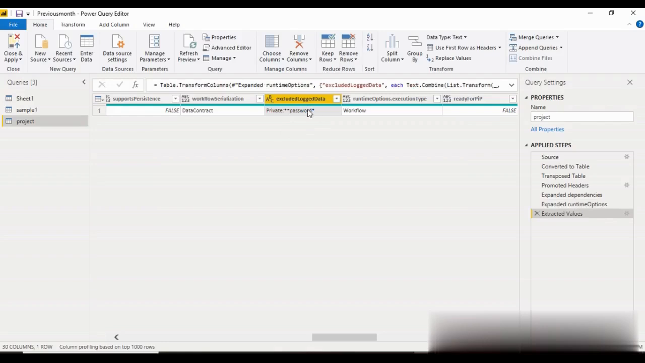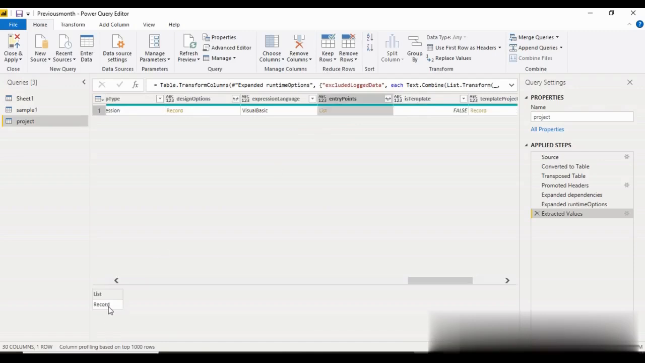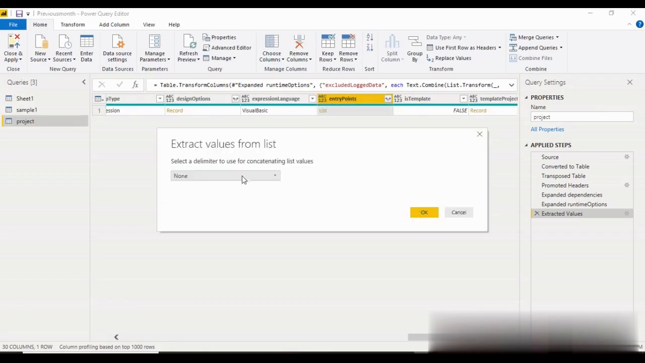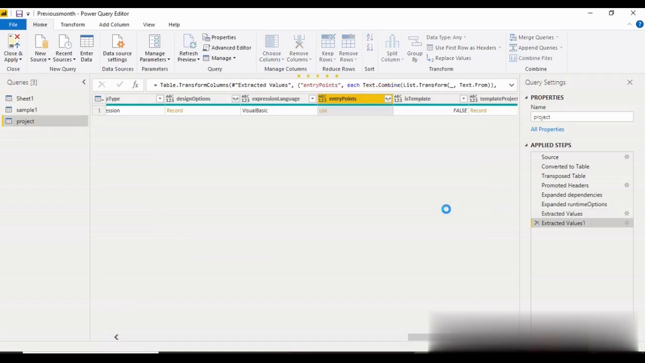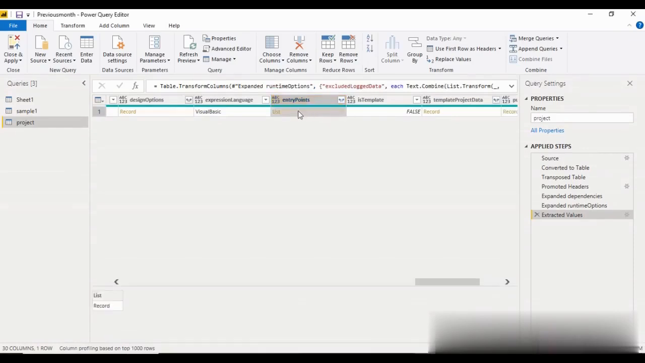See, I am getting the result like this. Similarly, if I go to another column, there is only one record. So again I click on extract values, and inside this combo box select none and OK. It is giving me an error. I think there is some issue. So actually this